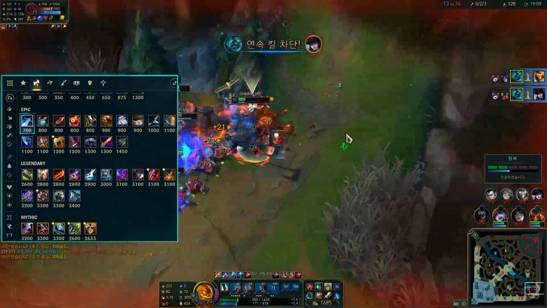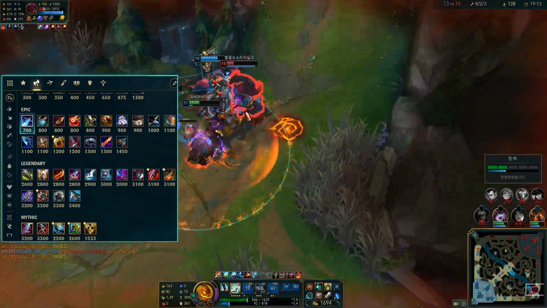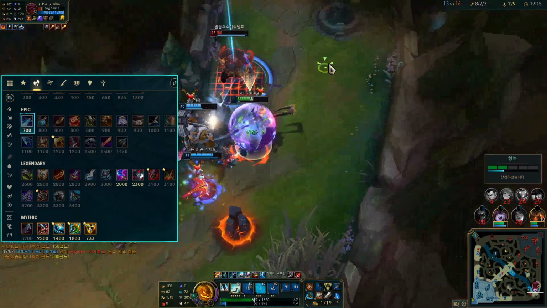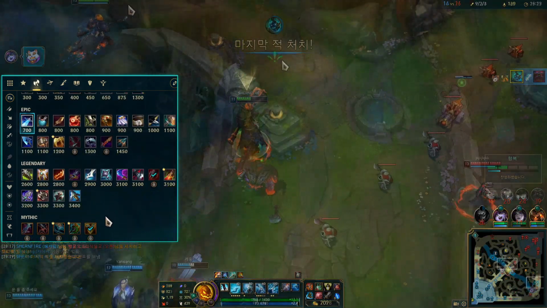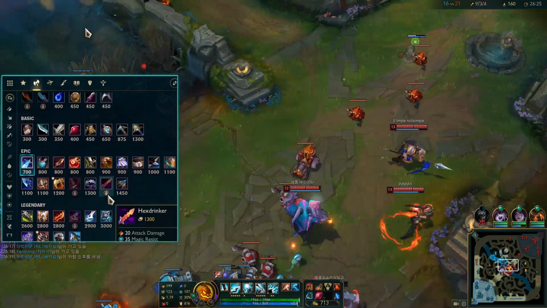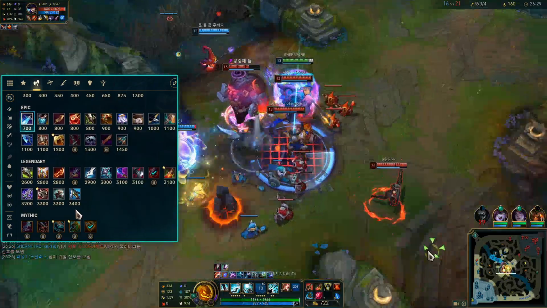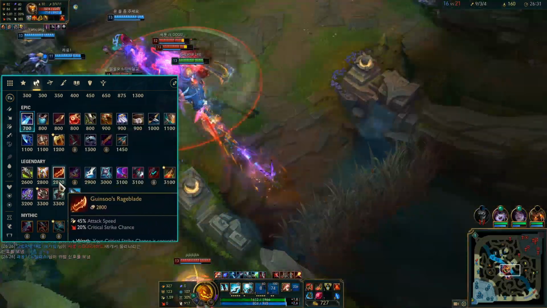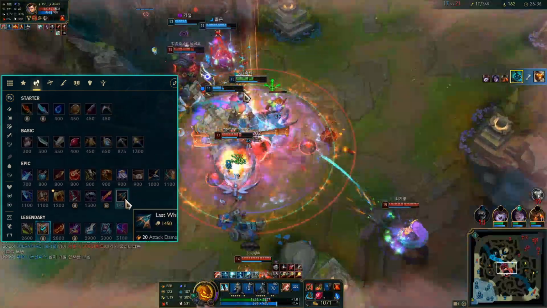I don't know what this is. We'll just call it the axe, the Viking axe. Kindle Gem, and then into Triforce. After Triforce, you want to go Sterak's, and then after Sterak's, this is where it gets a little bit situational, but I think most of the time you're going GA, or you're going